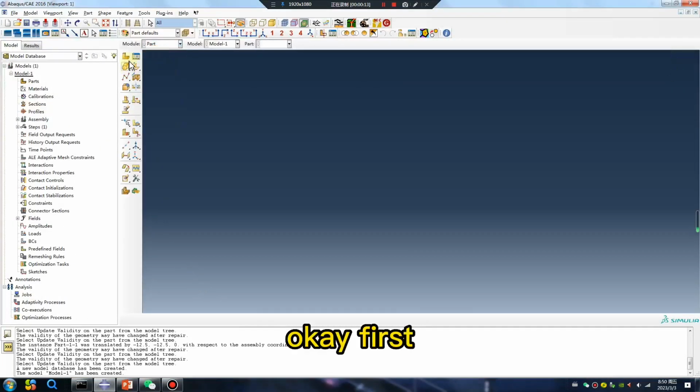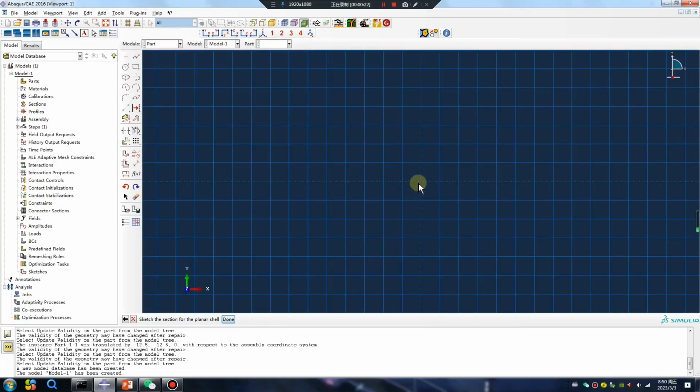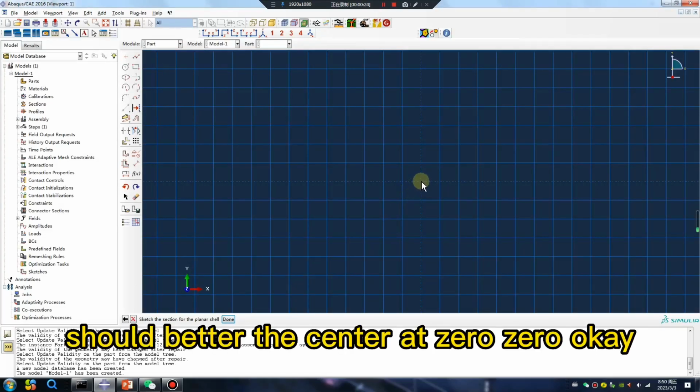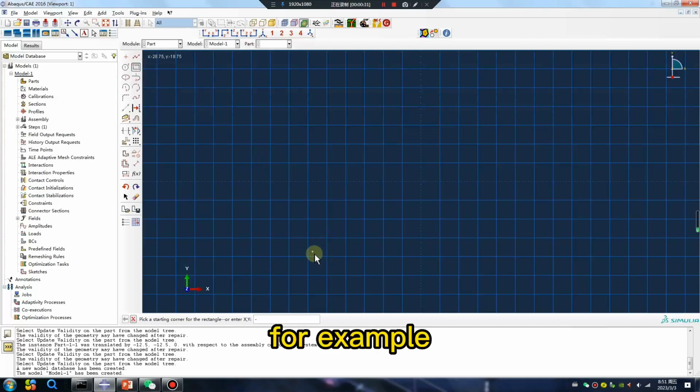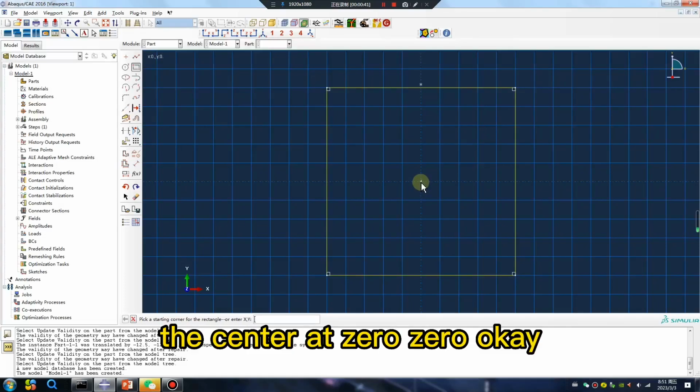Okay, first create the cell planner. Should better the center at 0, 0. Okay, for example, okay, the center at 0, 0. Okay,